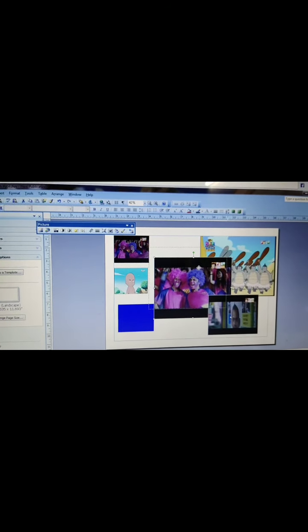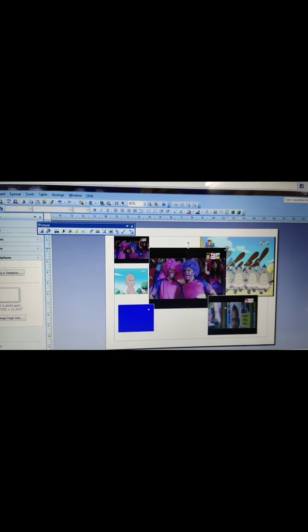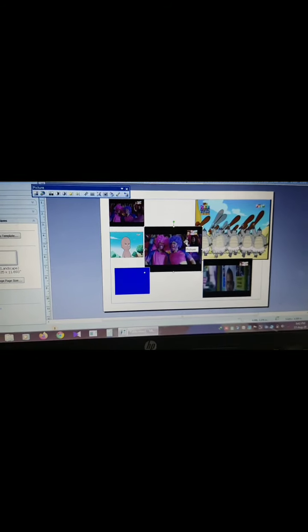And this one is 5. This one I will make a little bit bigger only. Okay, now this is the way we insert multiple pictures in Publisher.